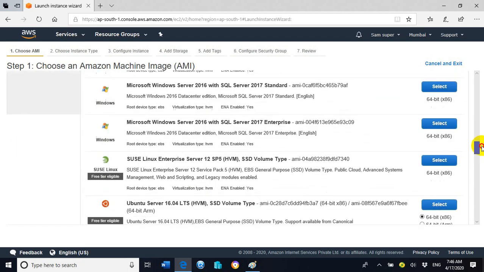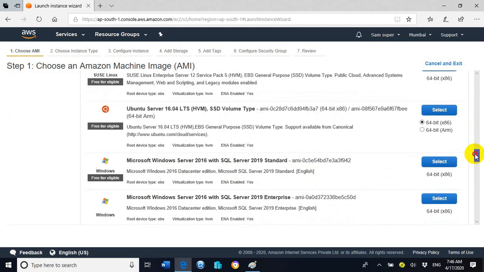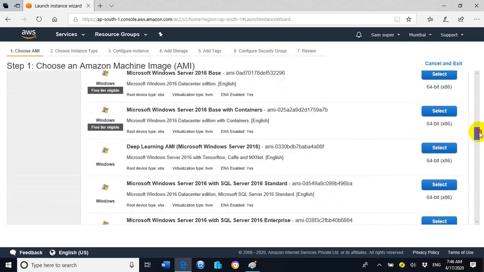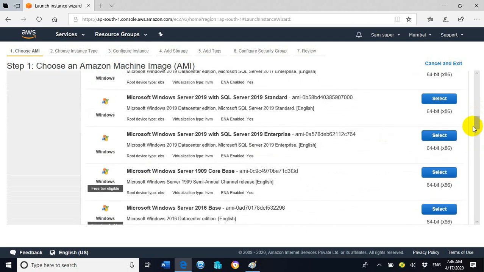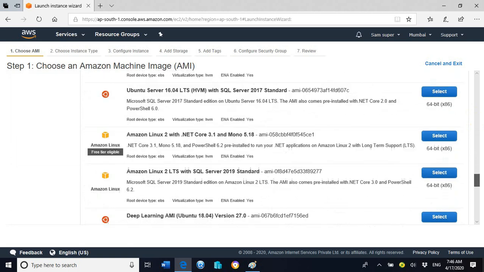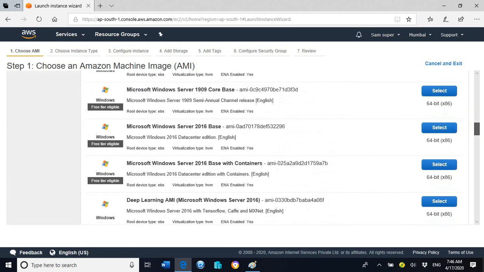Microsoft Windows Server 2016. So here we can see Microsoft Windows Server 2016 base.